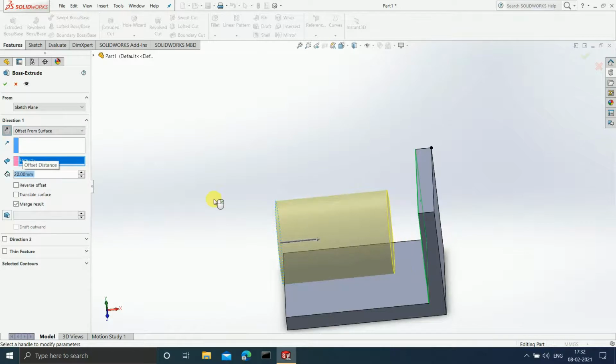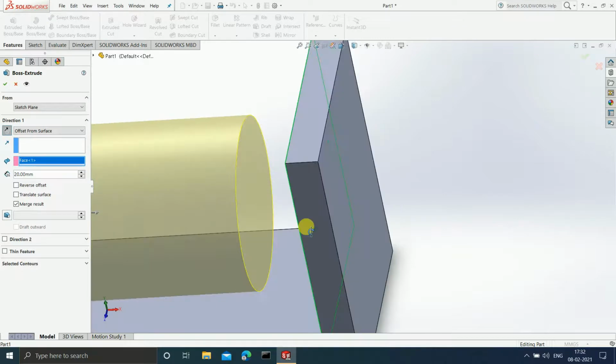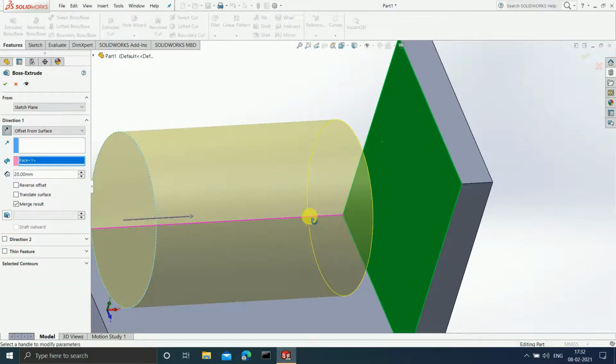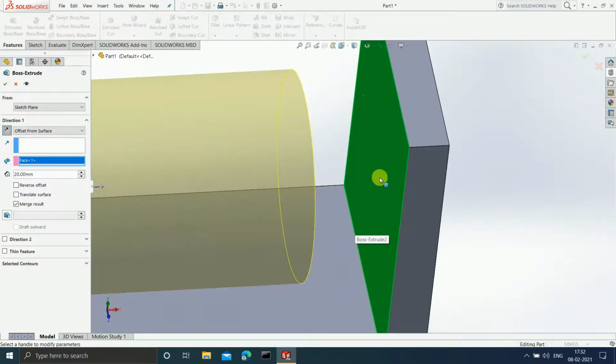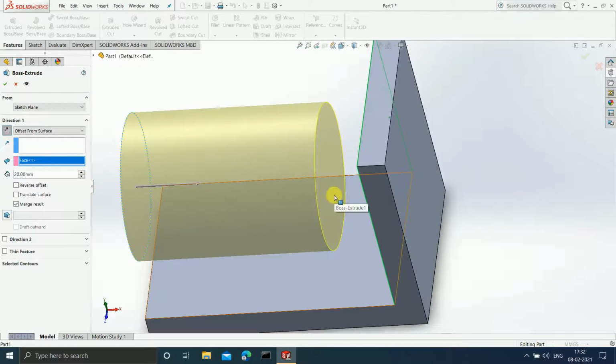As soon as I make it 20 mm, can you see that the extrude is now ending at a distance of 20 mm. What I mean by this is that the distance between this surface, this plane, and the end plane of our extrude is 20 mm.